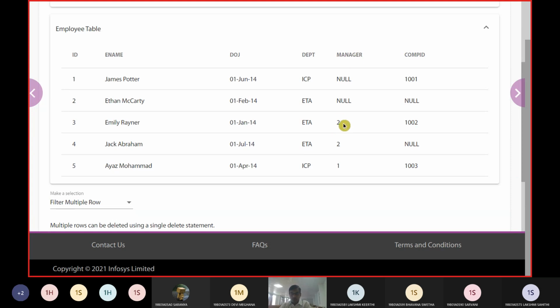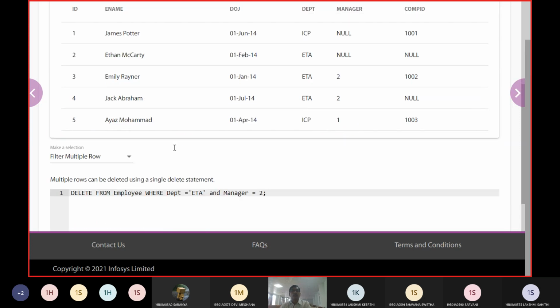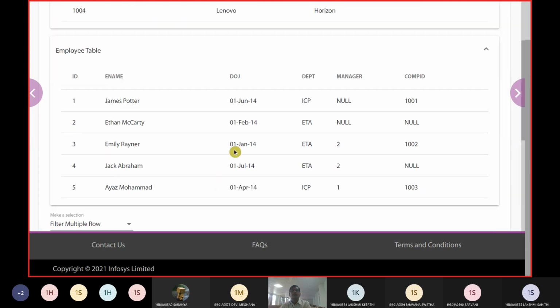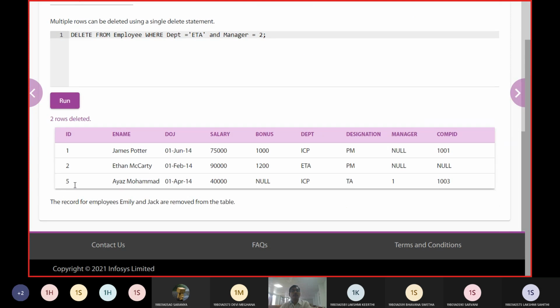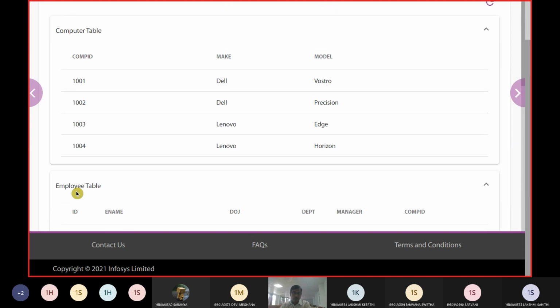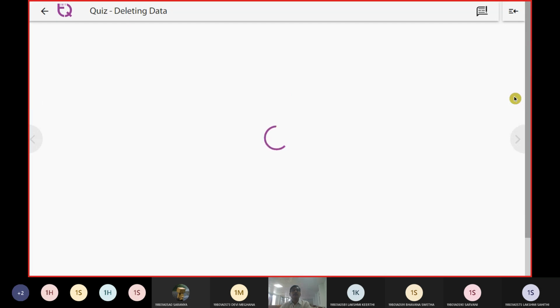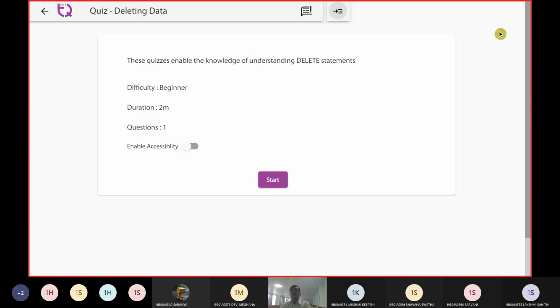Manager number 2 was there for ID 3 and 4, so those have to be dropped. Now the two items 3 and 4 are dropped. We should get 1, 2 and 5, so 1, 2 and 5 are going to be the answer for this relation. In this way we are carrying out the delete operations in this quiz.